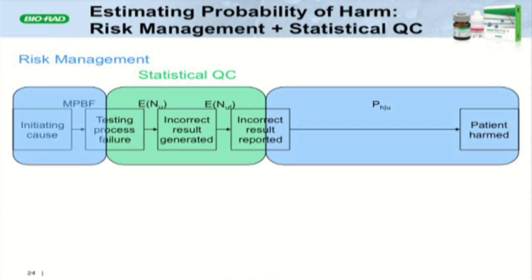And statistical quality control design principles give us the ENUs and the ENUFs, okay? I guess I've just said this. So risk management's telling us do something at that front end. Statistical QC is telling us something about this detection part. And then risk management is also telling us. So if you take what EP23 is talking about in terms of identifying the probability of failure modes occurring and assessing the probability of harm resulting from an incorrect result, and if you combine that with the kinds of things we do in statistical quality control design and evaluation, you really cover this whole sequence of events pretty nicely.